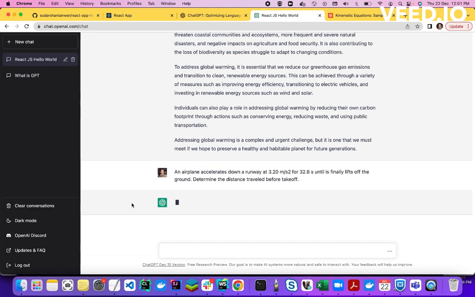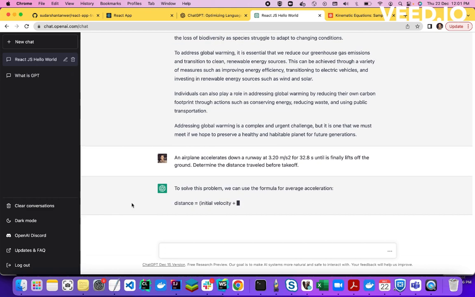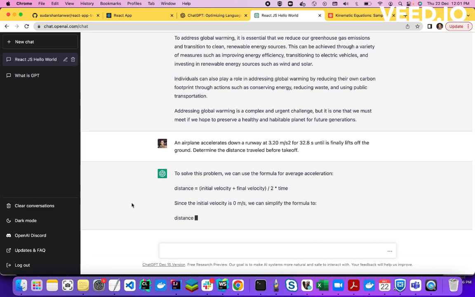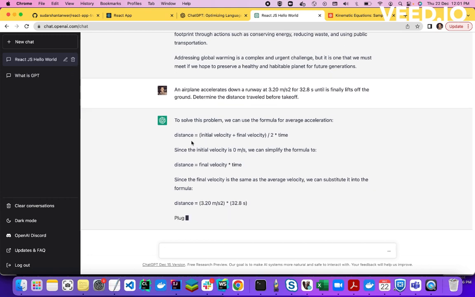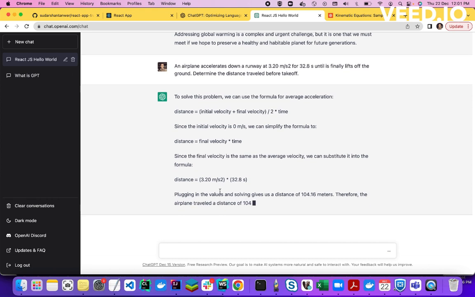It is taking some time because lots of people are using it these days. To solve this problem we can use the formula of average acceleration distance. It is explaining in a very human style.